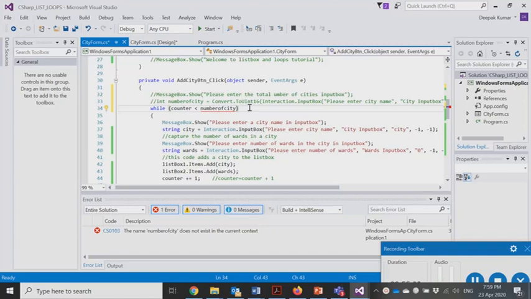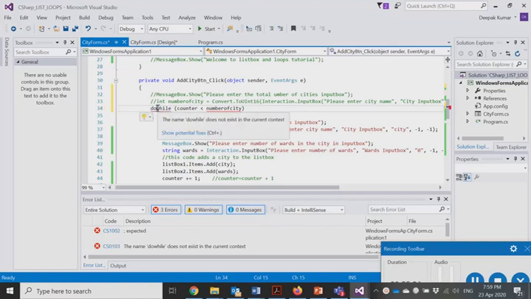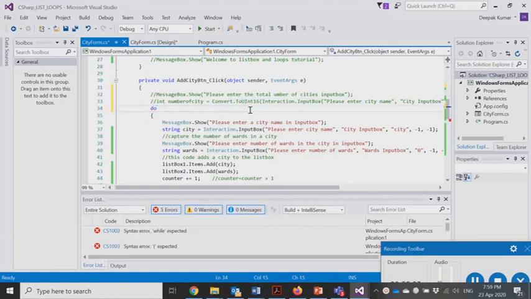In order to do that, we will slightly modify our while loop, and I'll also demonstrate why we need a do while loop. So we will use a do loop here.